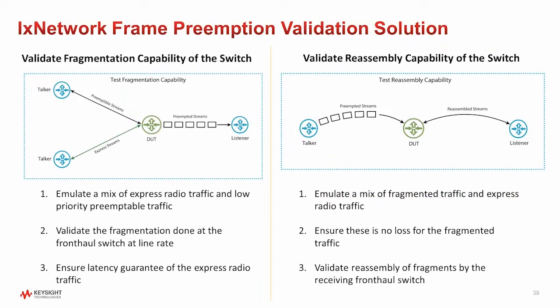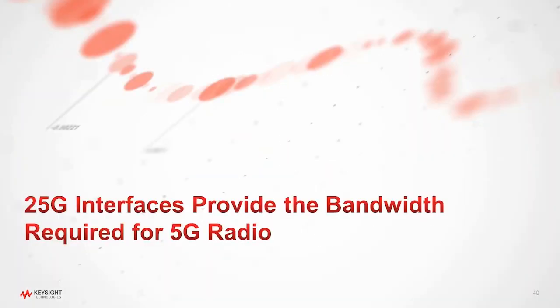IXNetwork TSN Wizard provides an easy way to configure the traffic mix in this type of scenario. What we have seen is this is extremely popular with network engineers because they can configure individual traffic flows, they can configure the VLAN priorities, or while validating the reassembly function, they can control each and every fragment, for example, to design a test. And each fragment can be changed to represent an erroneous condition.